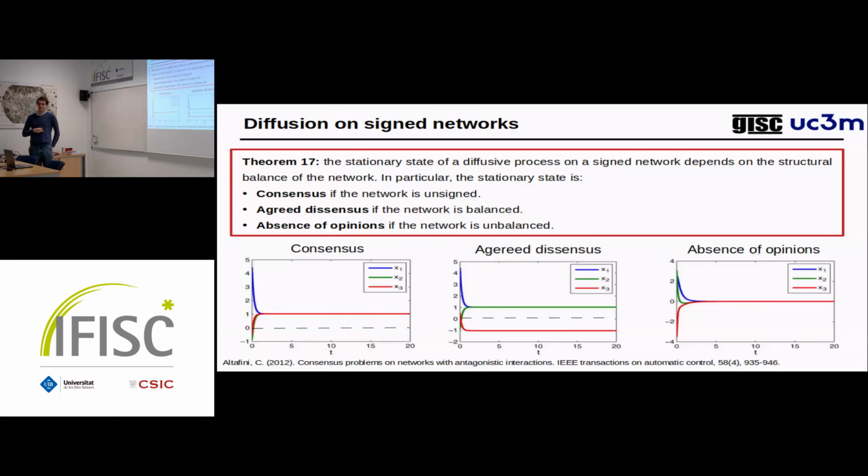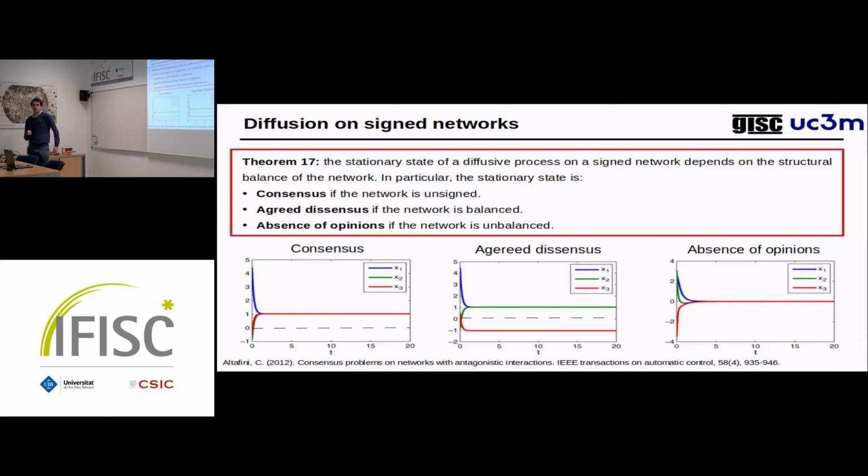When you have a signed but balanced network, you have dissensus. One faction goes to one state and the other faction acquires the opposite state. So already linear dynamics are creating polarization. And when the network is unbalanced, you have absence of opinions. All the nodes go towards 0. So you are getting kind of contradictions, and in the end, you don't polarize, you stay neutral. Okay, so this is already an interesting result